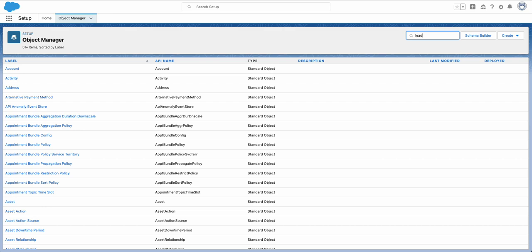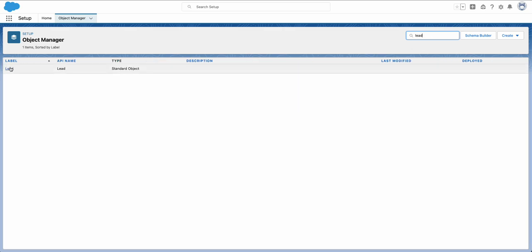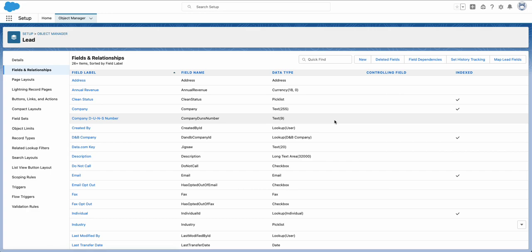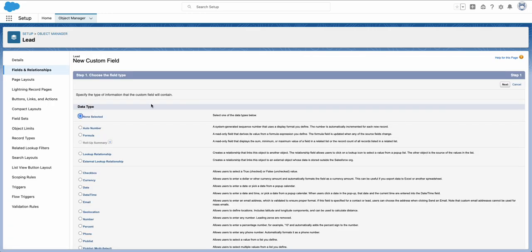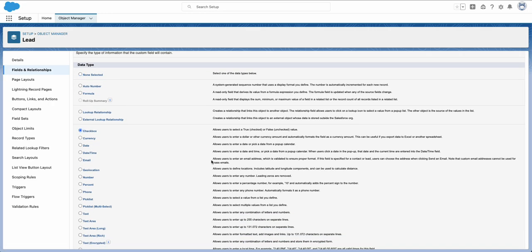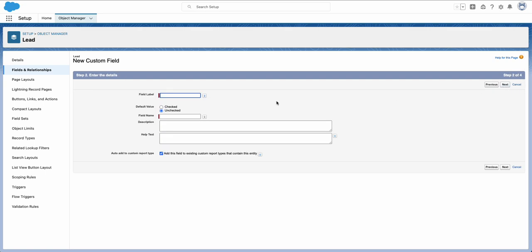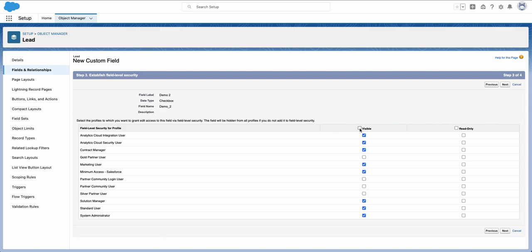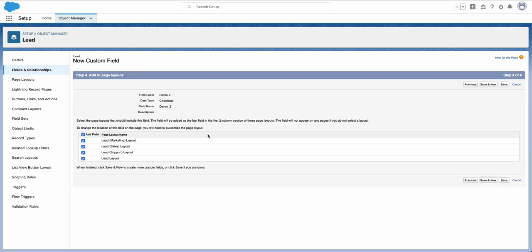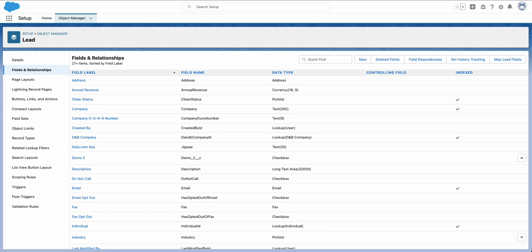Let's go back to the lead and do this also. Create here a new checkbox, which is also called demo 2. Let's make it visible for everyone. And here I have the same problem. I do not have this many layouts in my dev org. Okay,